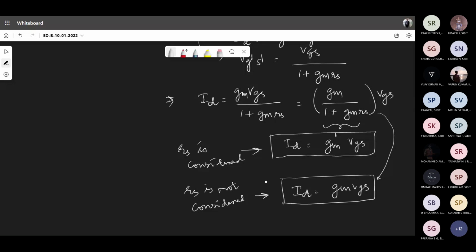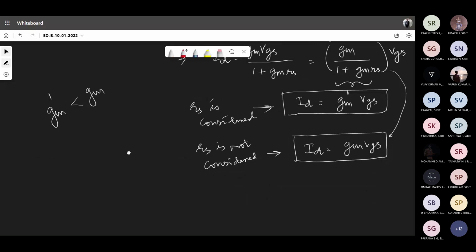Which GM is higher? What is the relation between GM dash and GM? Which is the higher value? GM dash is lesser than GM. So if you try to plot a graph of VGS versus ID, considering these two GMs,